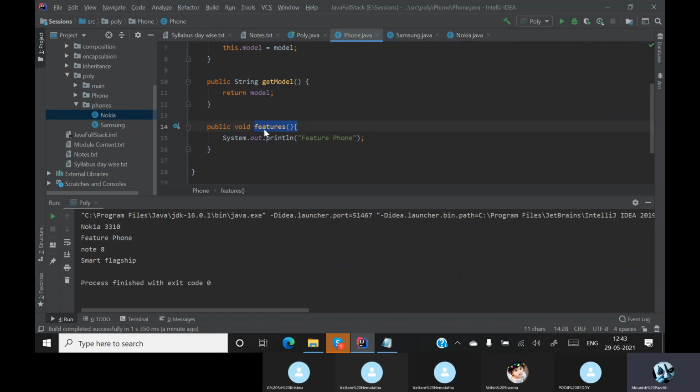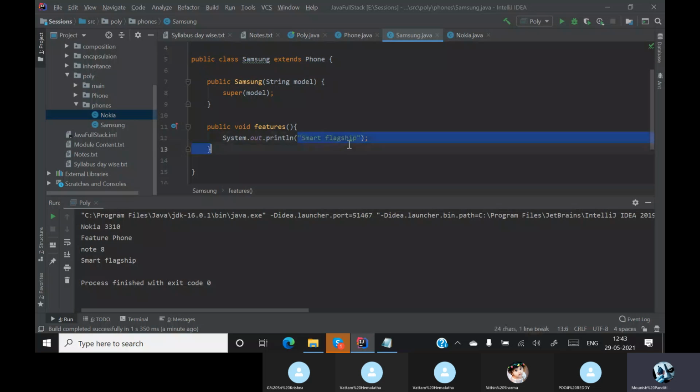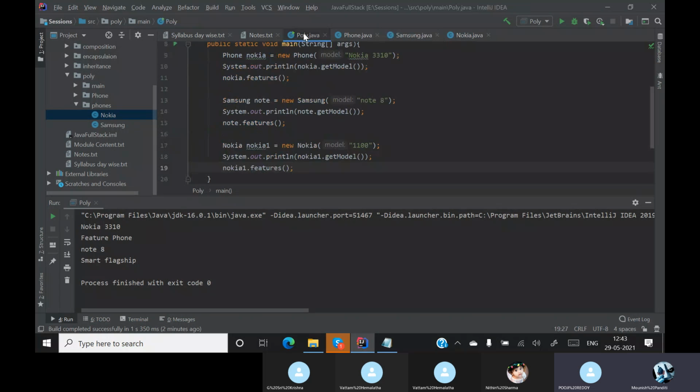Here our features method is having two properties. One is it is acting like a feature phone and it is also acting like a smart flagship. Now you only need to think which one will get overridden. Okay, are we clear till this point? Yes, sir.